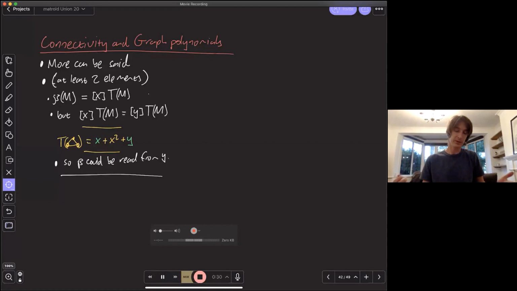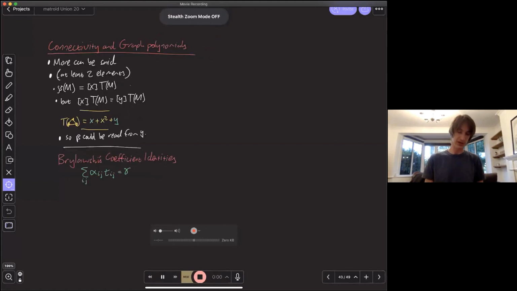And this fact, what is it? It's just a linear relation among the coefficients of the Tutte polynomial. More generally, you could look at the t's, the coefficients of the Tutte polynomial, and you could look for all linear relations, where alpha and gamma are just integers, say, and look for all of the identities that hold among the coefficients.